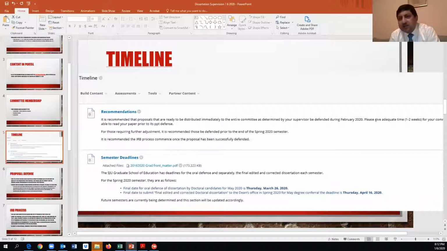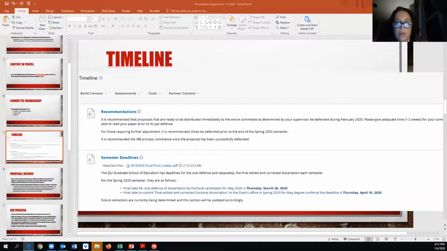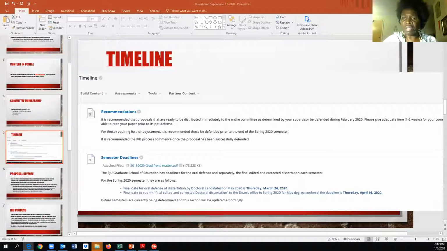So when is the semester commencing? I think it's January 22. I think it's that Wednesday. Yes. And is it after that when we can send the initial proposal for the IRB to the supervisor? No, I mean, at what point can we send the initial proposal for the IRB clearance if we think that we are ready with it? From day one, I think. Day one of the semester.